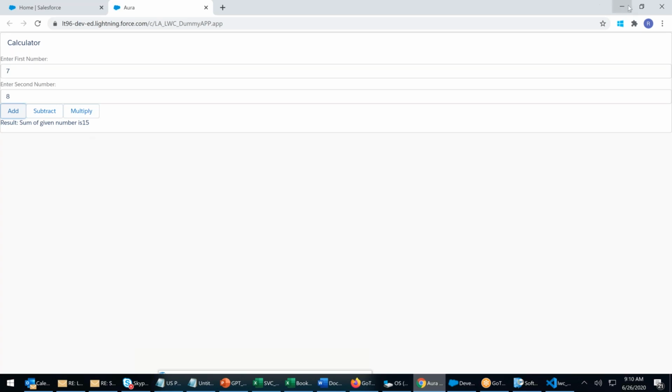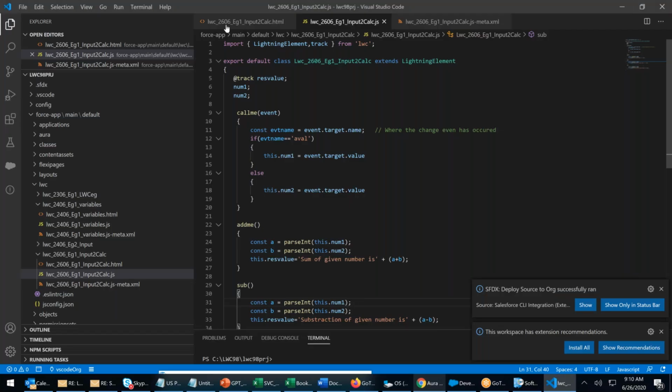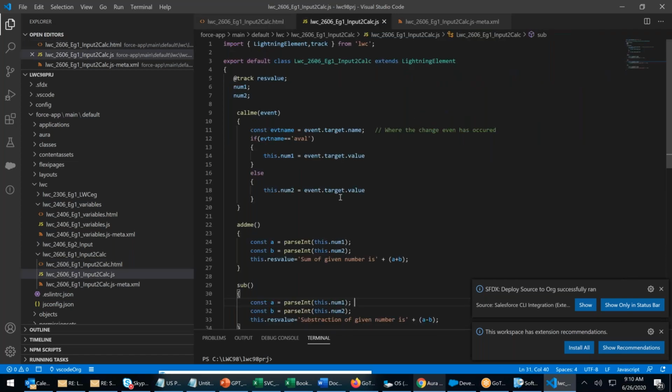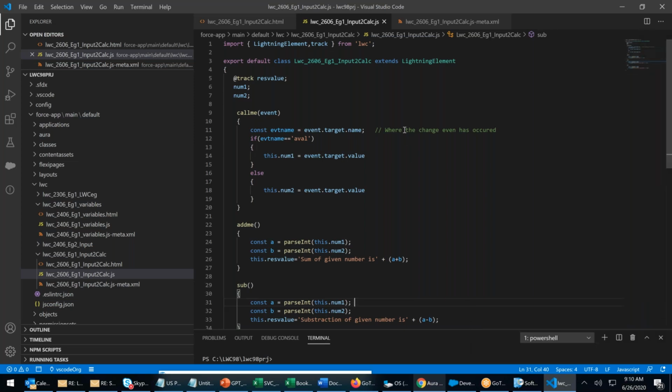What I did, from an HTML or from a template, I'm bringing this data inside a controller JS. How? By declaring an event.